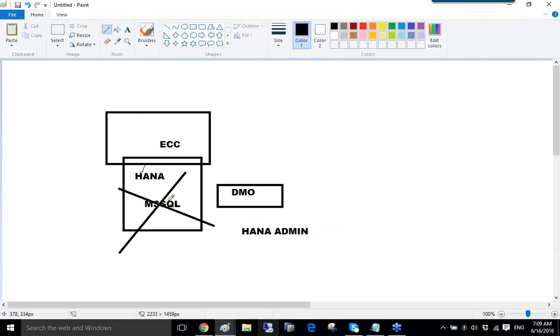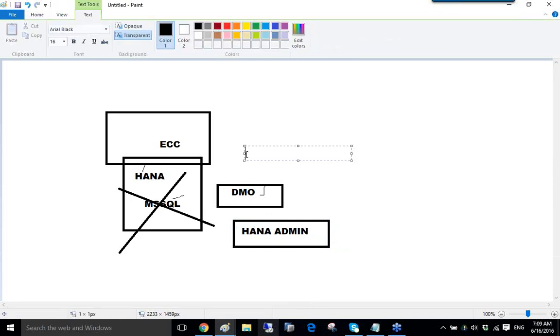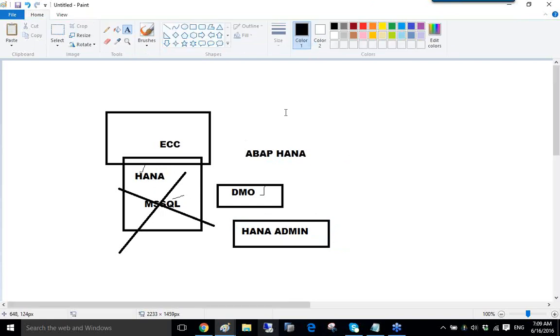So migration of data from an existing DB to HANA is done using DMO, and this is done by the HANA administrator. So once he migrates, now the entire data is available in HANA. So now comes the ABAP HANA into play. ABAP HANA. How ABAP